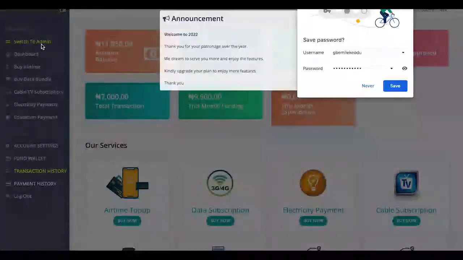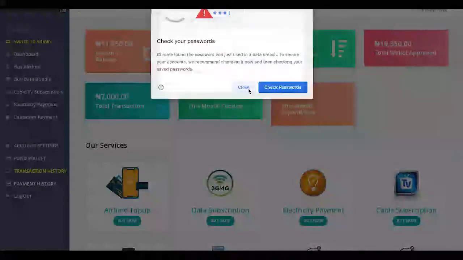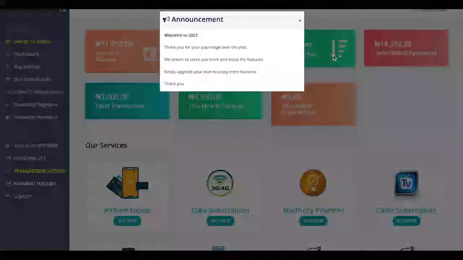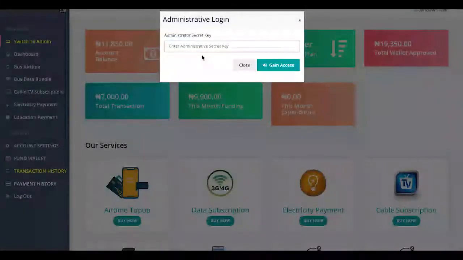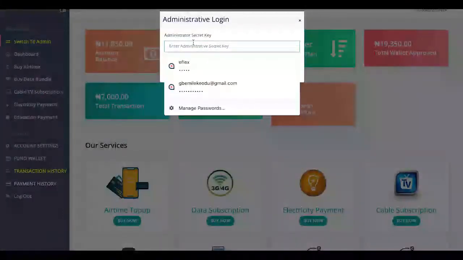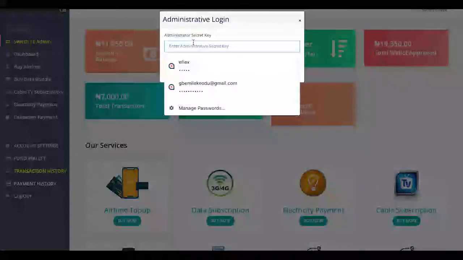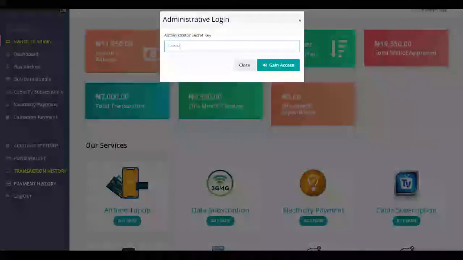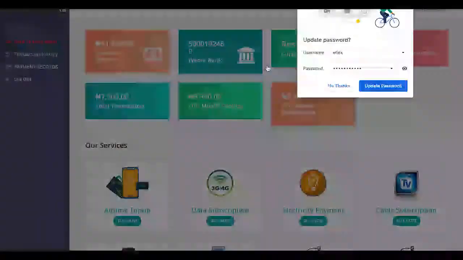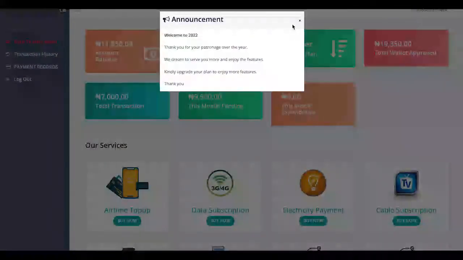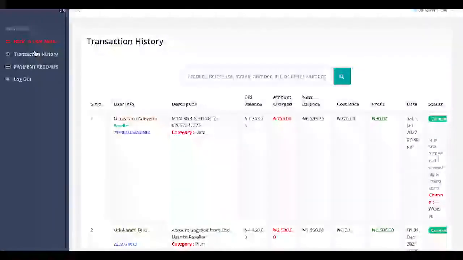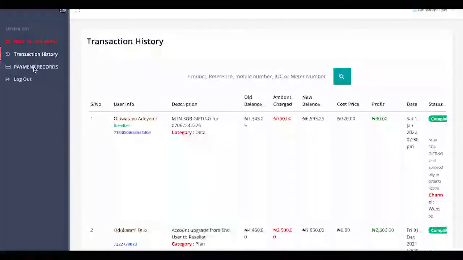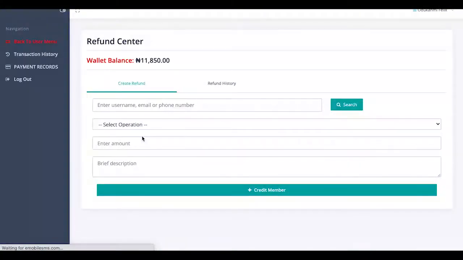The reason for all these things is that sometimes, due to your system, you want to keep on advertising and quickly assign some people to either do some crediting for you or do some auditing. So as the system grows, you always need some team and you give them some privilege of what they can do. They are not permitted to see the dashboard, you can see, but they can see transaction history, they can see payment records,